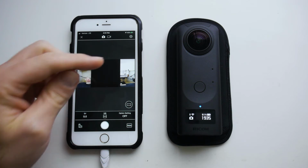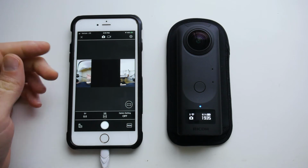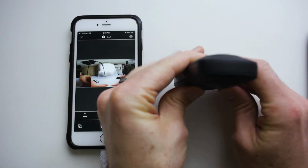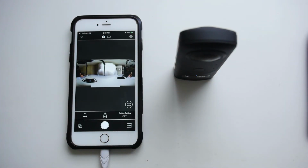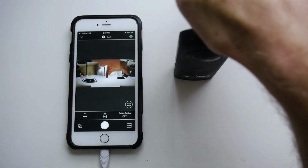You may notice on this screen though that there's a black square. And that's because this is a 360 camera with one lens pointed on the ground. So let me go ahead and raise this up so we can get a better viewpoint. So there, now you can see, here's my finger kind of on the screen. And as I go around,